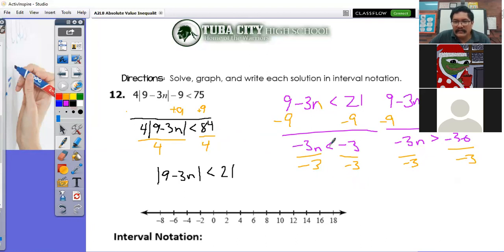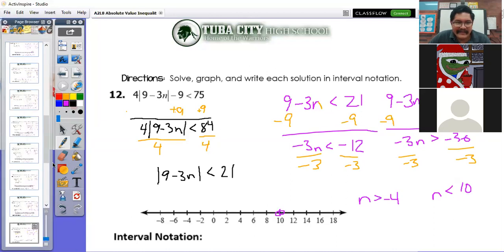All right, and now I divided by a negative here, so that's one thing we got to watch out for. So switch the sign, so that's going to be 1 or -9. Oopsie, made a big boo-boo here. I'm sitting here talking about all this different stuff. So that would be 4, or actually -4. And here n is less than 10. Okay, that's probably what you were just about to say. All right, but that's good that you're catching that, because like I said, I was just sitting here talking about